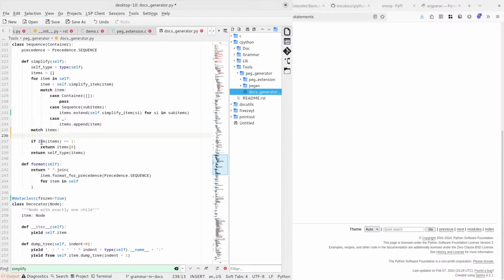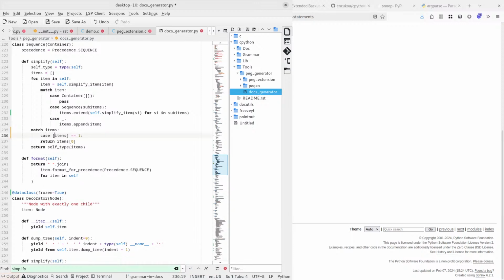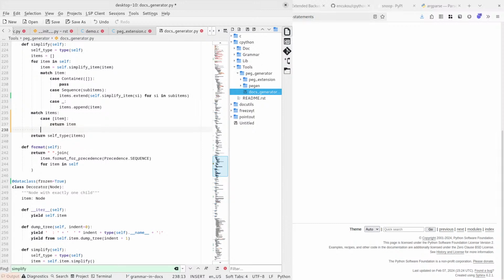Right, if len items is 1, so that's a case where we only have one item. And now if we have some expression followed by, so this means optional,